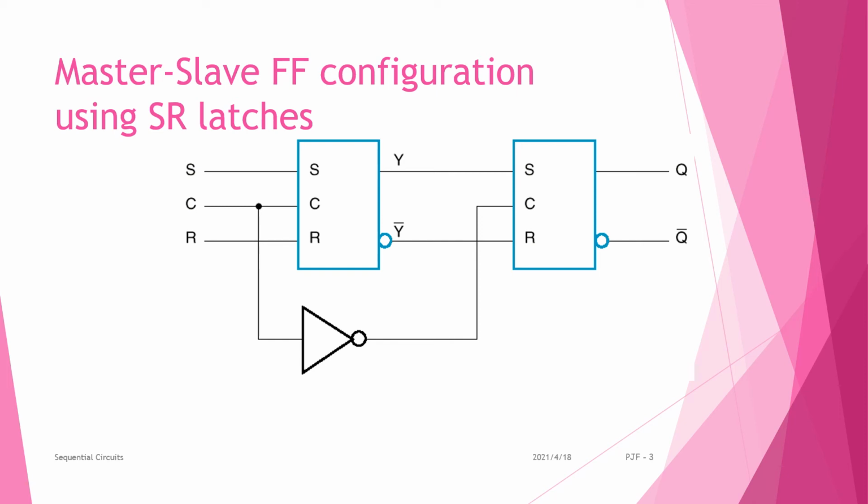Here the clock is given through a NOT gate to the slave. The master has the clock as its input, which is given to the NOT gate, and it produces 0 as the output of the NOT, and that 0 is given as the clock to the slave. When the clock is 1 in the master, it is 0 in the slave, and vice versa, as the clock of the slave circuit. In this circuit we have this operation, the master-slave in the SR flip-flop.